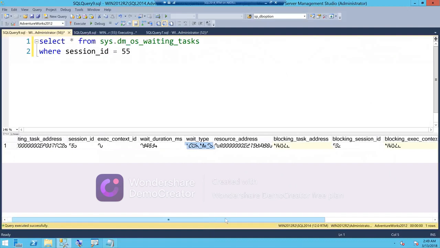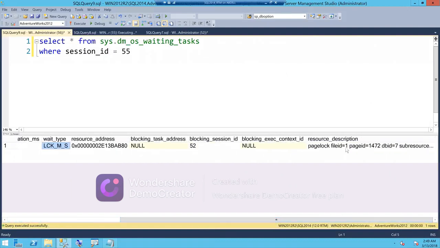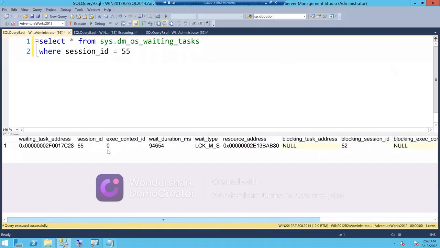Where is the resource? If I scroll to the end, here is that resource description, which means on my page ID 1472, I'm trying to acquire a row lock on this particular database ID, which is 7, and file ID 1, which is my data file, and that's the resource I am actually waiting for. So from a layman's perspective, yes, the query is running, but internally inside the database engine,